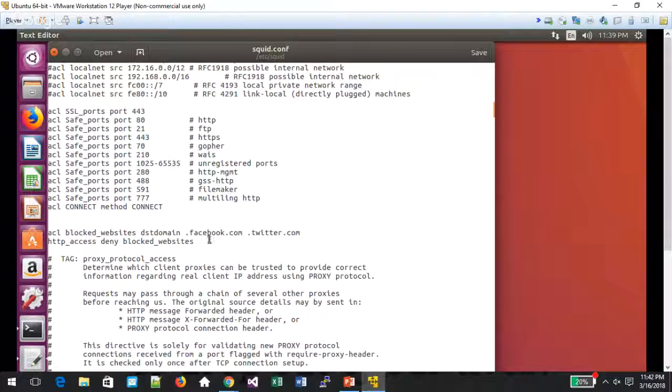And then .facebook.com and .twitter.com. Those are the two websites that I'm gonna block. I'm not gonna be able to visit those sites. And then you're gonna write http_access deny blocked_websites. So here in the first line, you're gonna mention which sites you are blocking, and this is the command that's gonna block them. So after you make those two changes, you save it,